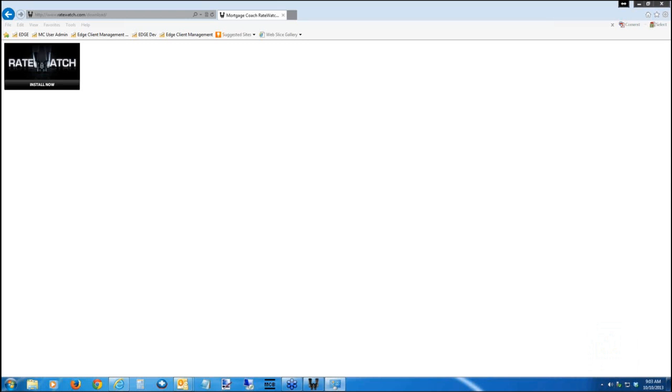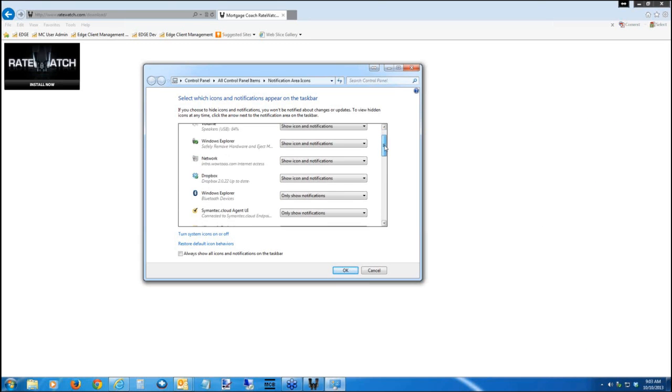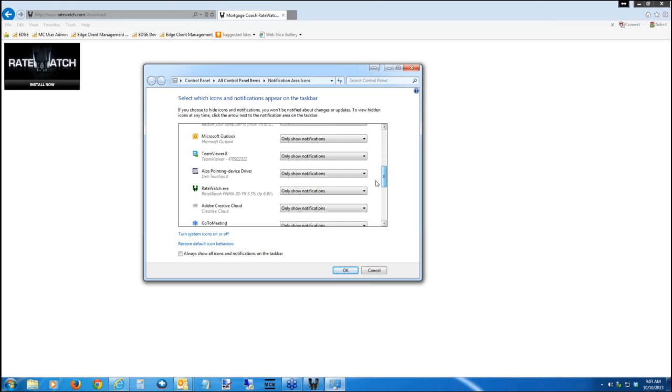And let me bring that screen over for you here. And this shows you all the different icons that would appear next to your clock. And what you want to do is scroll down until you find the RateWatch one. And then it would be set for only show notifications. Set it to show icon and notifications. And then hit OK. And when you do that, your RateWatch binoculars will be down here in the right corner